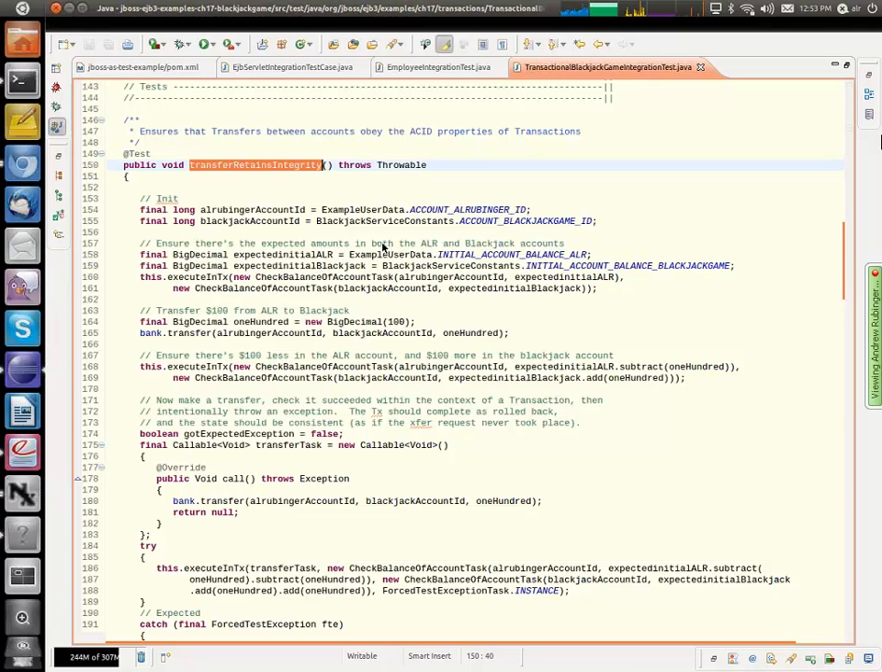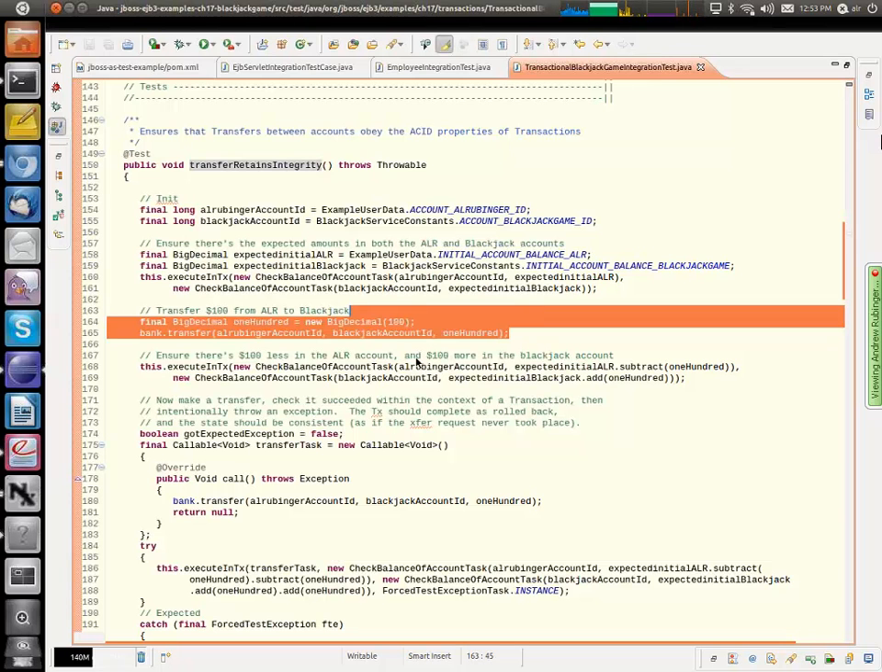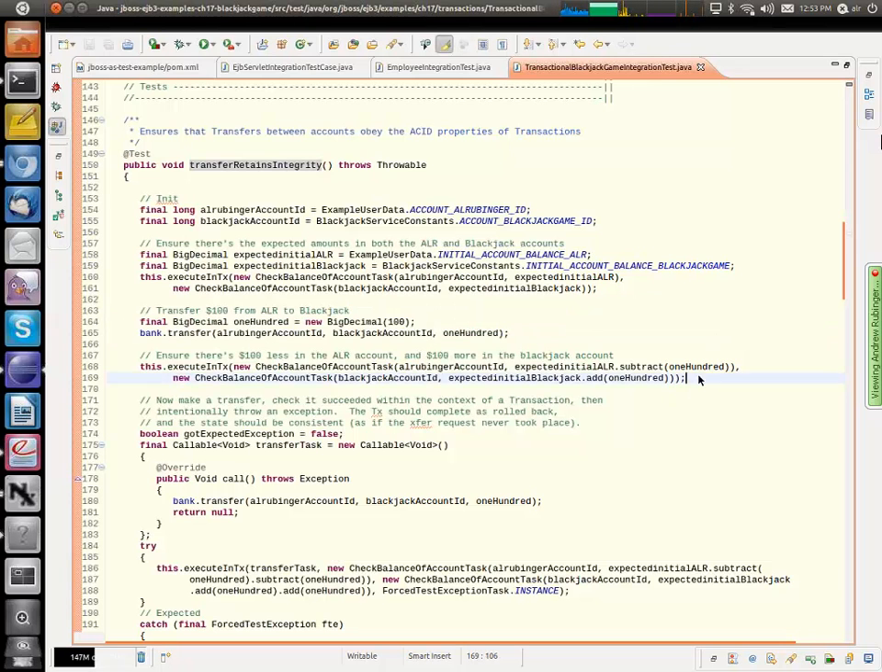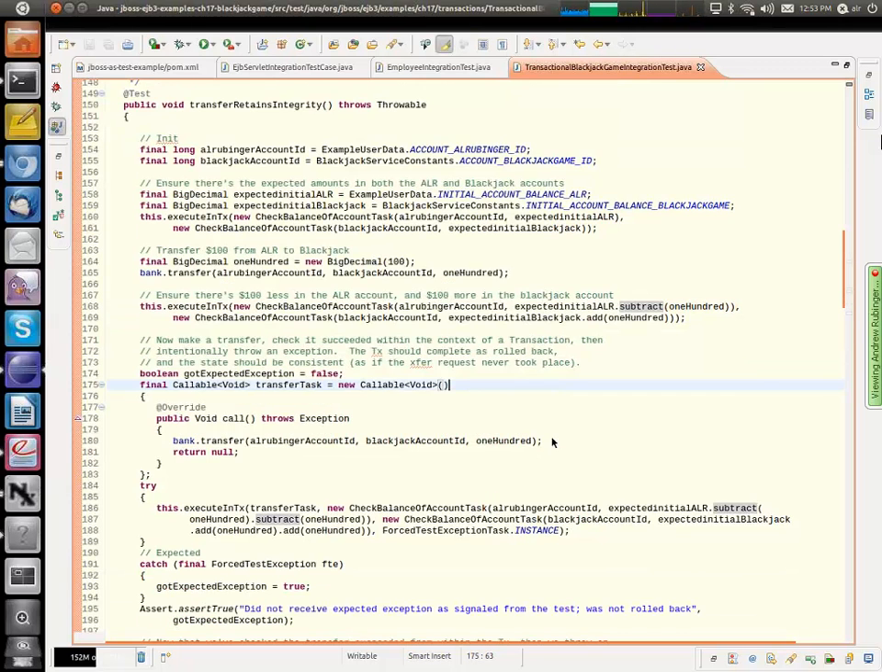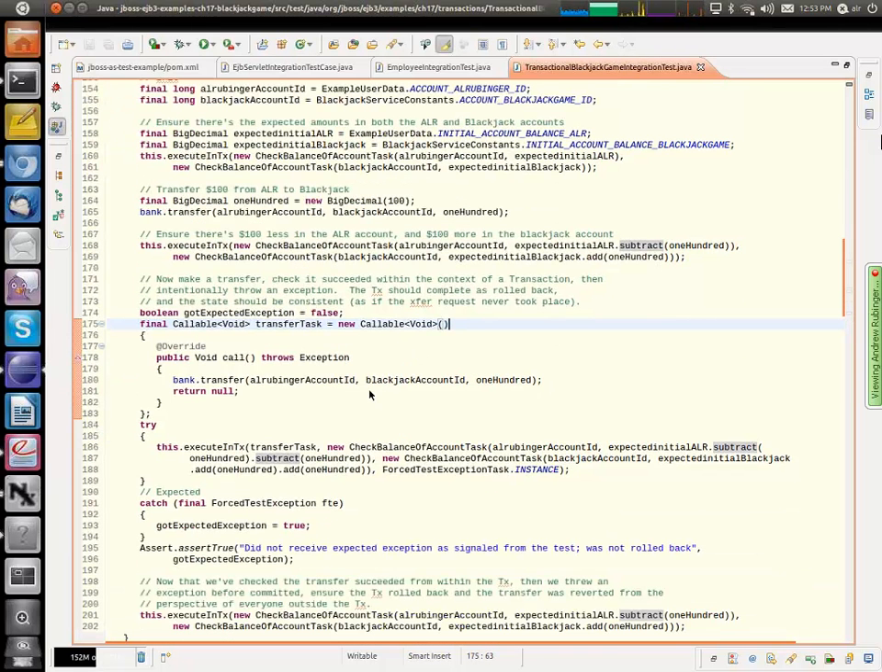First, we're going to test that bank transfers are going to retain their integrity, right? So all this test is doing here is some very simple stuff. See if I can outline it quickly. Transfer $100 from one account to another, and then we'll just execute a test in the course of a transaction, to subtract this here and put some stuff here. We're going to check to make sure that we got the right type of exception